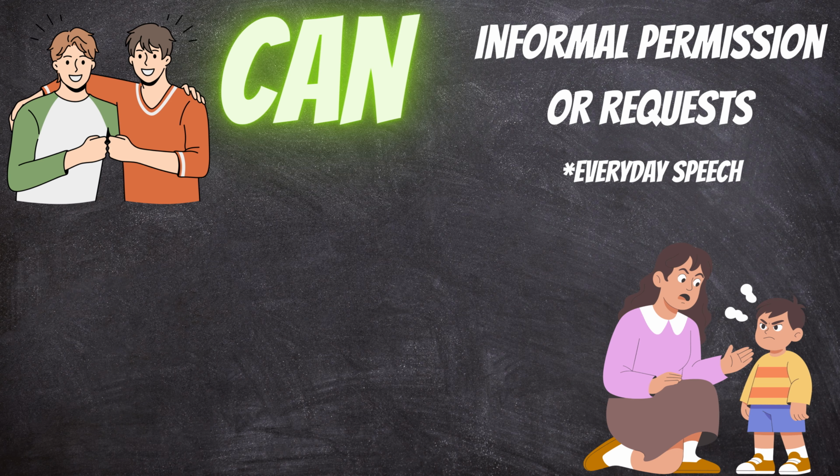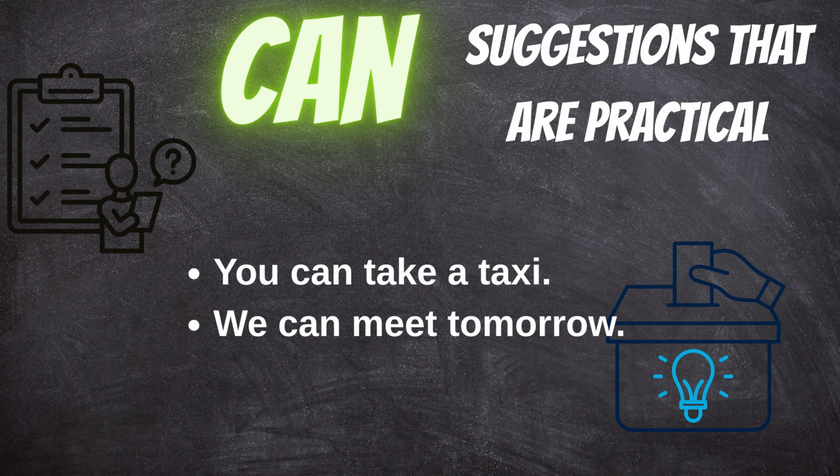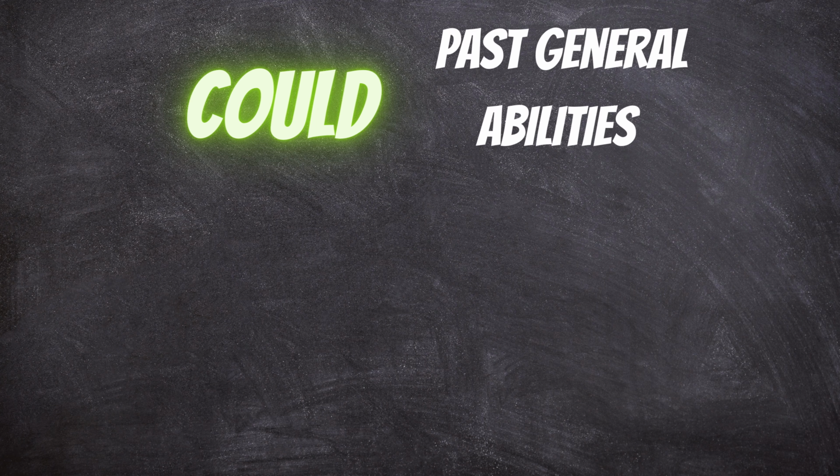We also use it for informal permission or request as everyday speech. For example, can I use your phone? You can't go out tonight. Finally, we also use it for suggestions that are practical. You can take a taxi. We can meet tomorrow. The past of can is could, which is a modal that can be used for past